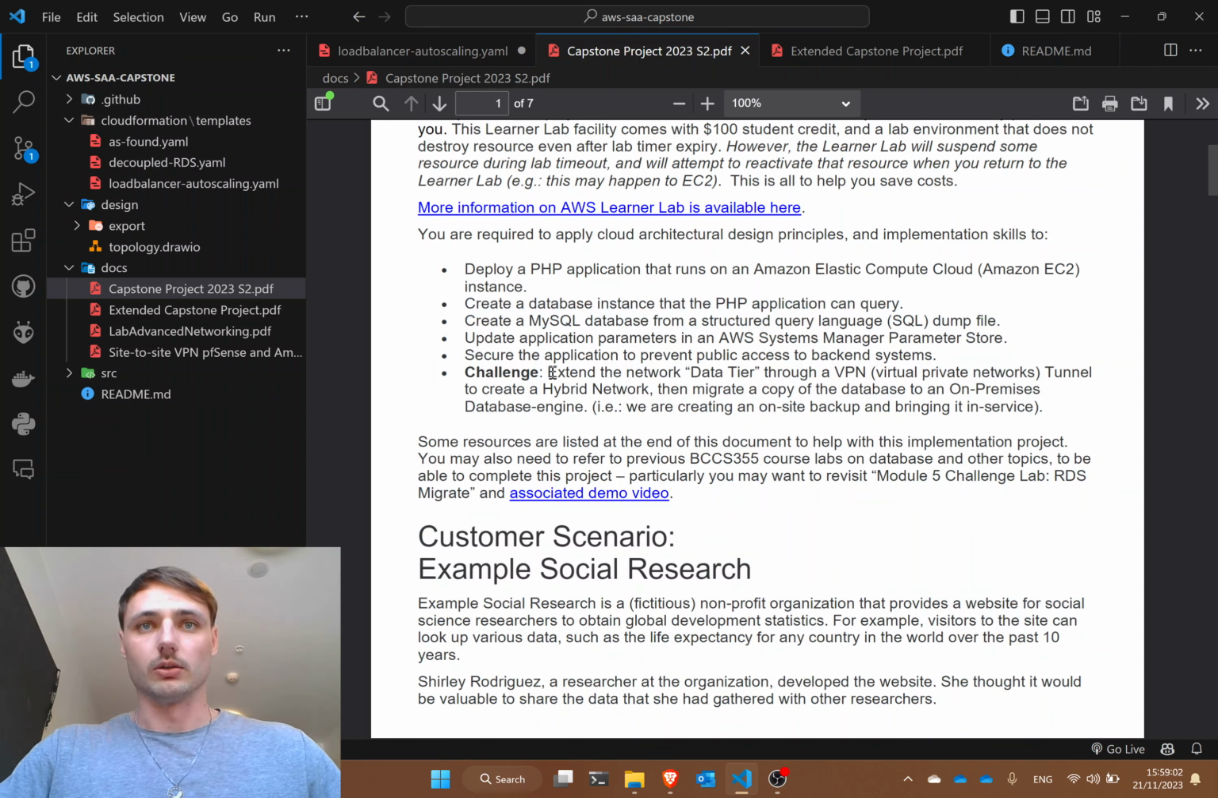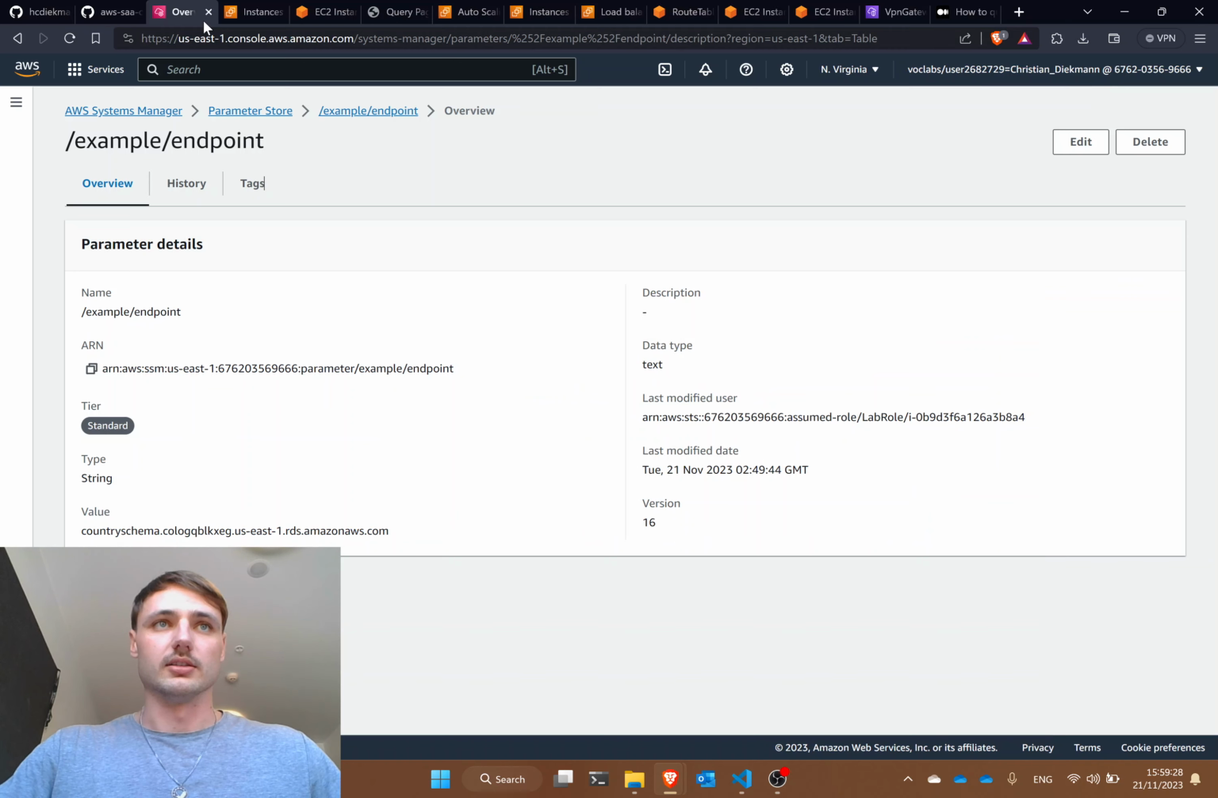And finally, we're going to extend our solution to a hybrid network, and we're going to migrate a copy of our database to an on-premise server and have this backup system. Now, the whole idea of this is to make it highly available, fault-tolerant, scalable, and secure. So I'm going to discuss the architecture in a second here, and we will see how we can create this